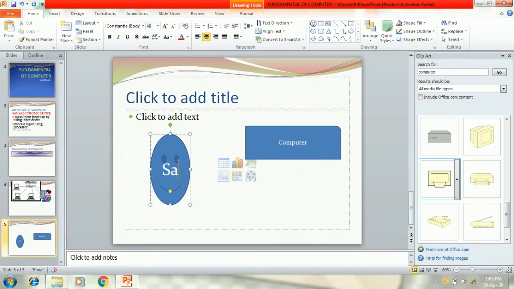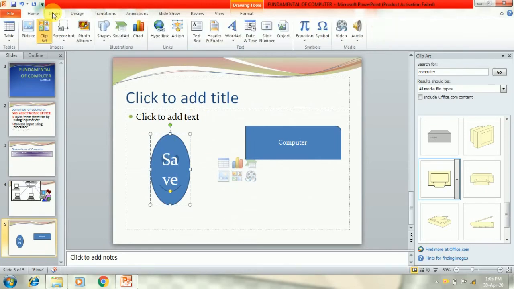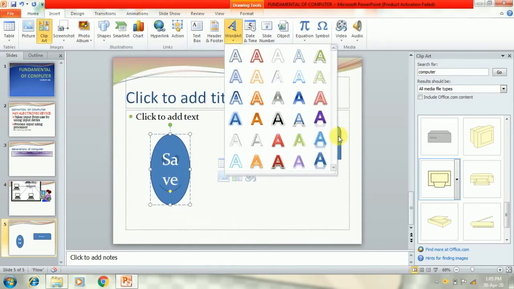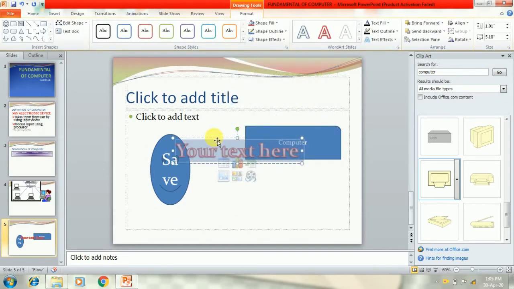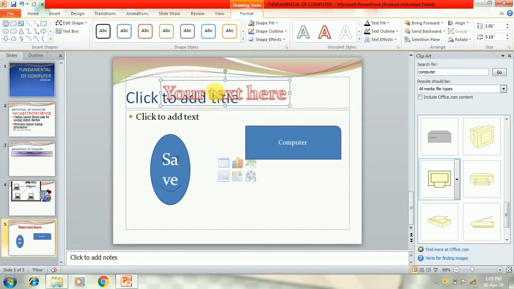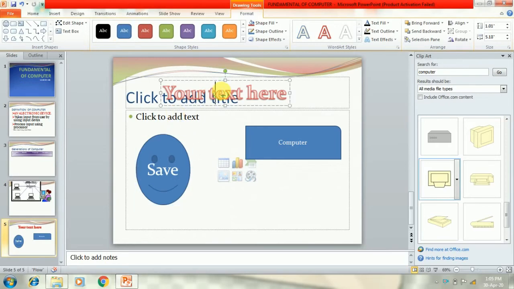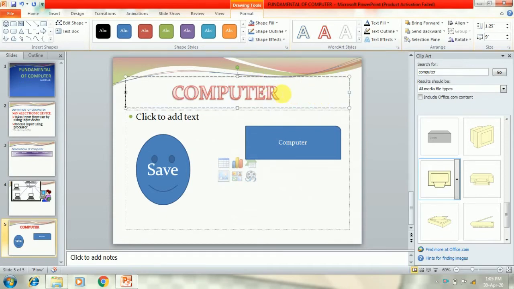The next object is Word Art. Word Art is text with a special effect. Click on the Word Art option. It will show you different Word Art styles. Select any one. In the slide, you will see a box in which it is written, type your text here. So delete this and write your own text. When you select this Word Art, you are going to see a Format tab by which you can apply different effects on the Word Art. Like we can apply 3D rotation using the Text Effects option.